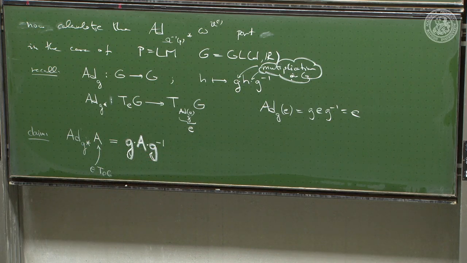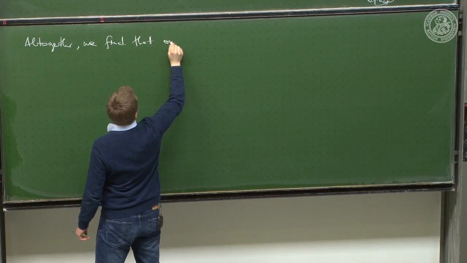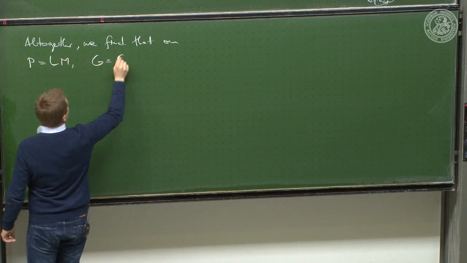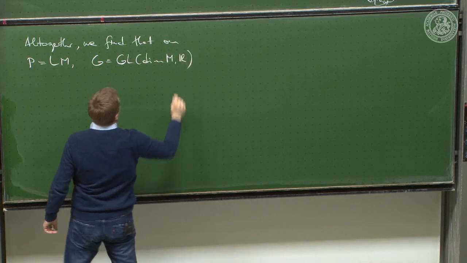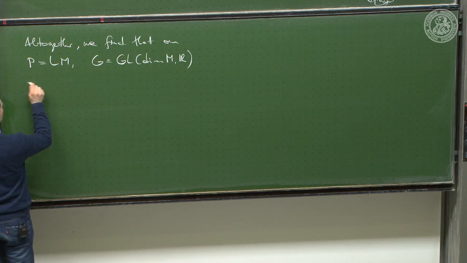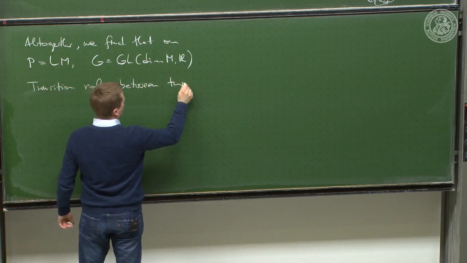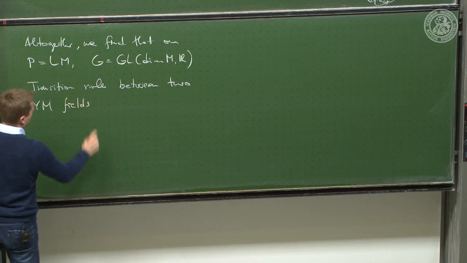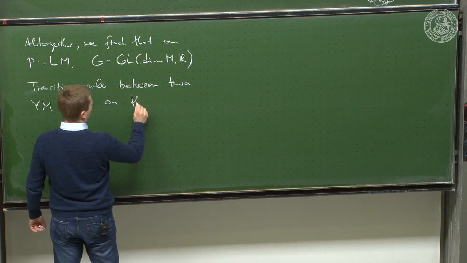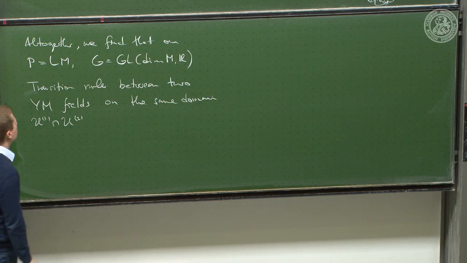Okay, so if we take all of this together, then we get, so all together, we find that on the principal bundle, which is a GL(dim M, R) principal bundle, the transition rule between two Yang-Mills fields on the same domain, so on this intersection U1 intersected U2, is,